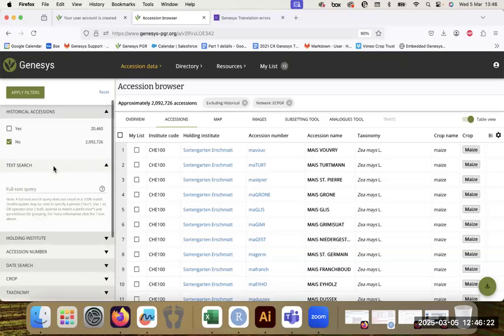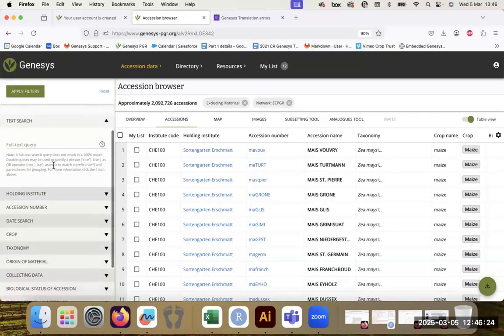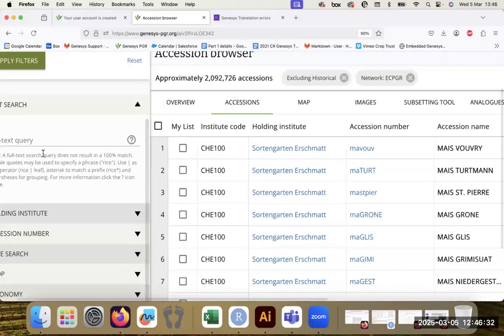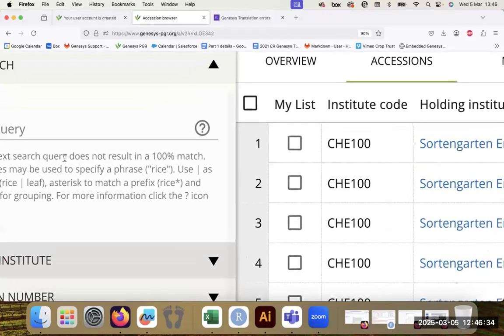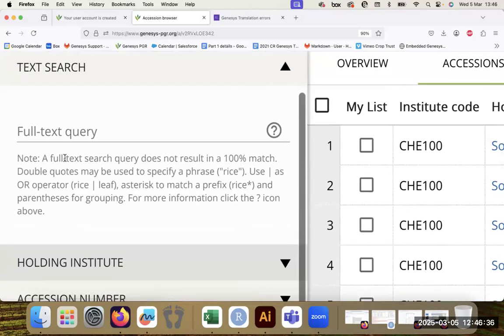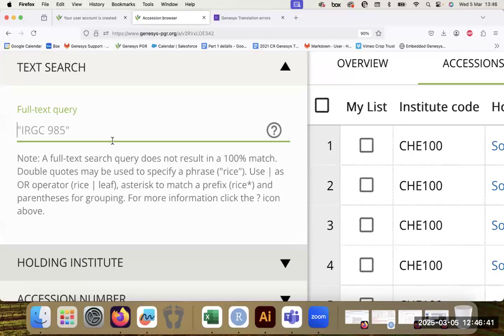So the next type of filter is text. It's a full text query. And I'm going to zoom in because there's a very important note about this full text search. A full text search functions as it would in Google. It scans all of the data in Genesis, all of the accession records, for a specific phrase that you are looking for. For example,